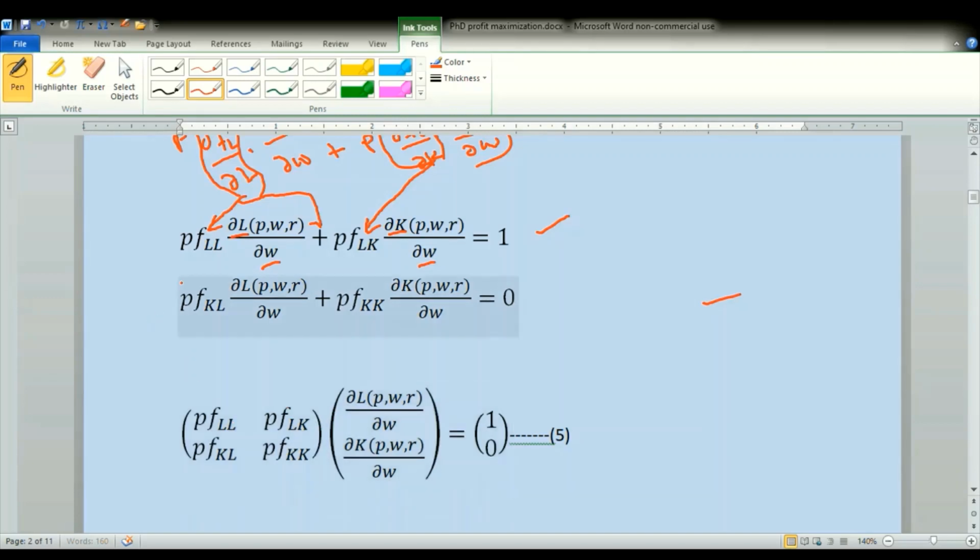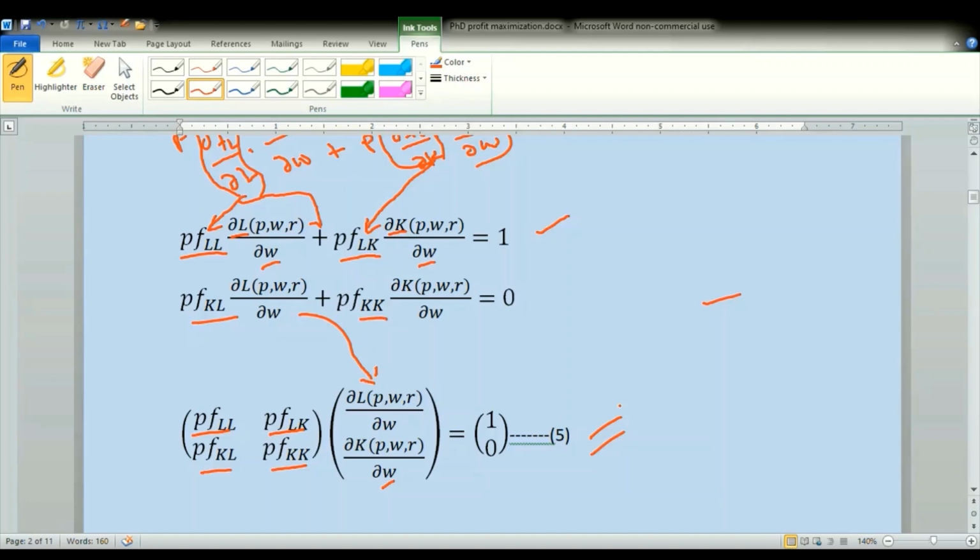So see that P F_LL is here, P of F_LK has been written here, and similarly P of F_KL and P of F_KK, and that this ∂L/∂W comes here, and ∂K/∂W comes here, equals to 1, 0 on the right hand side, so that I have been able to obtain